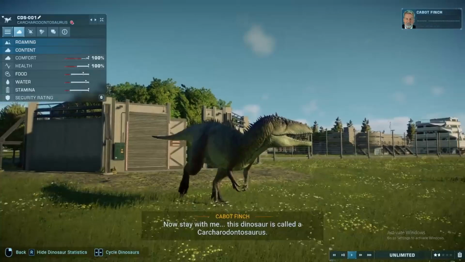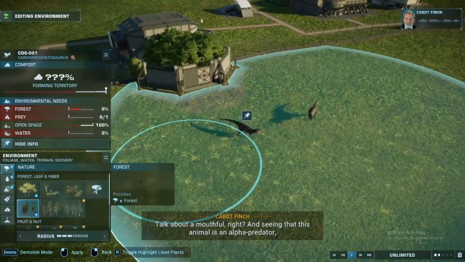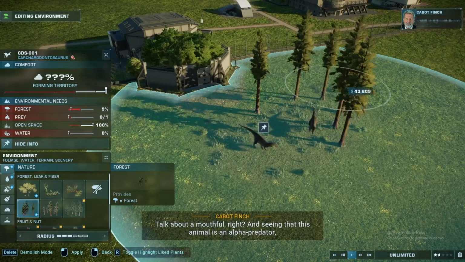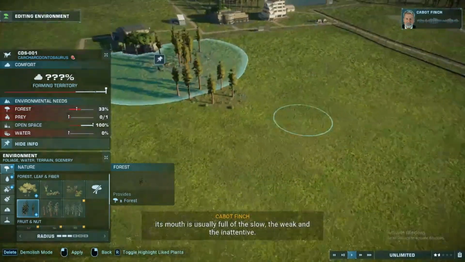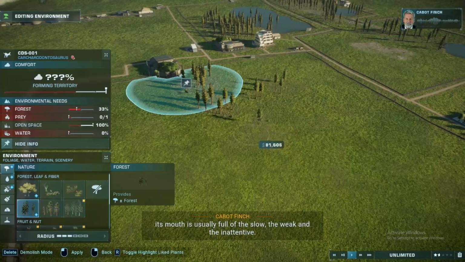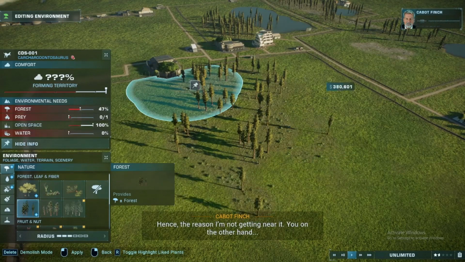Now, stay with me. This dinosaur is called a Carcharodontosaurus. Talk about a mouthful, right? This animal is an alpha predator, its mouth is usually full of the slow, the weak, and the inattentive. Hence the reason I'm not getting near it. You, on the other hand,